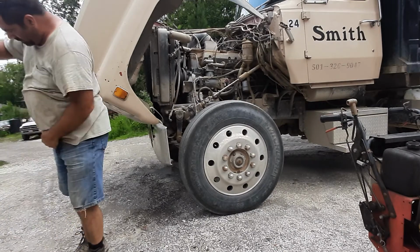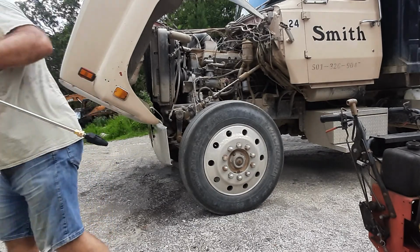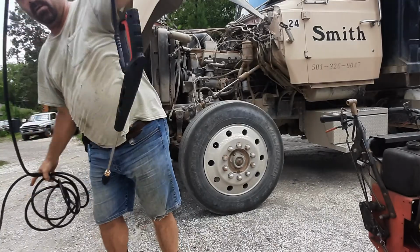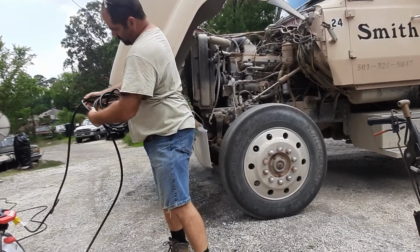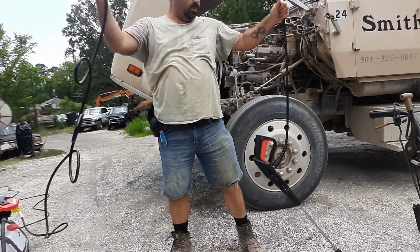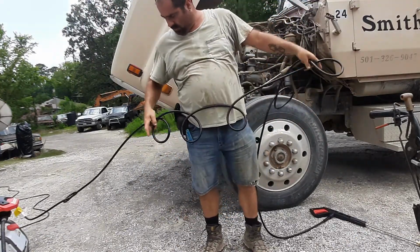I will tell you, the reason that I got this particular unit is because I don't think it's a good idea to buy a pressure washer with a universal motor, with a brushed motor, because brushed motors, like on a grinder or anything, they burn up pretty fast. They just don't last long. And on something like a pressure washer,